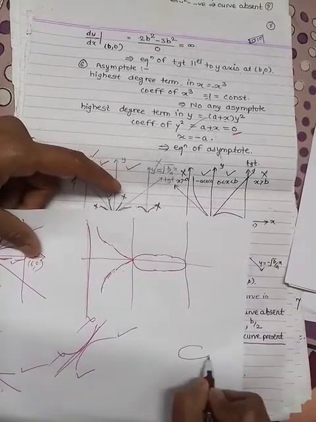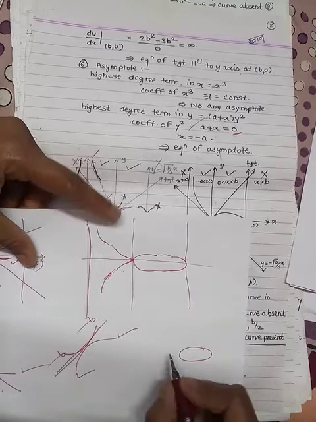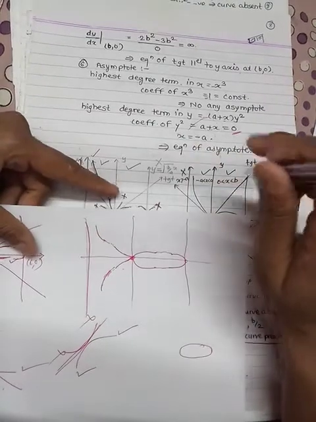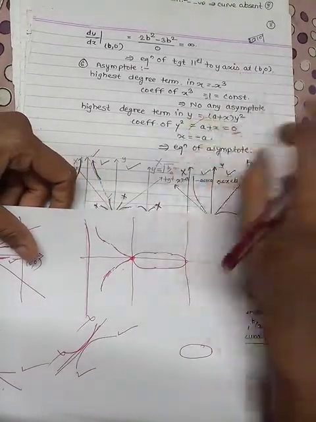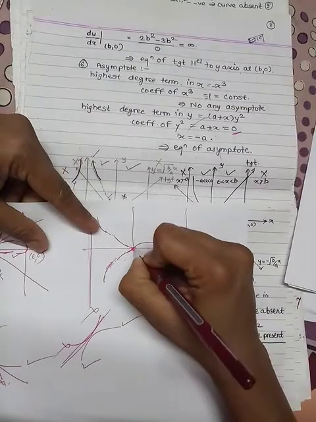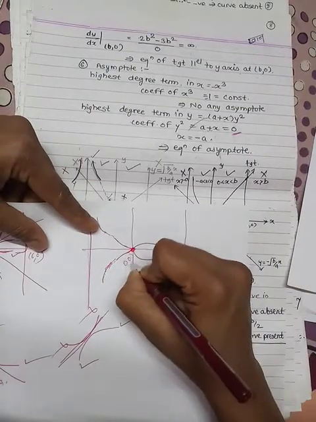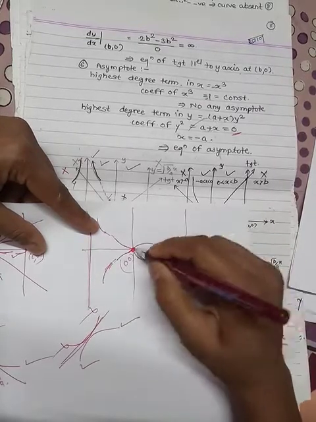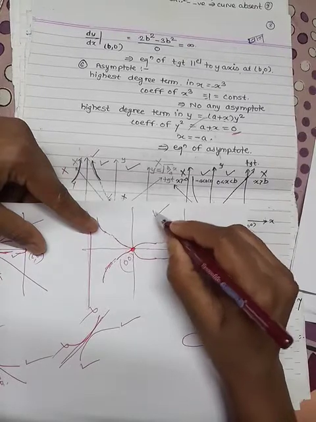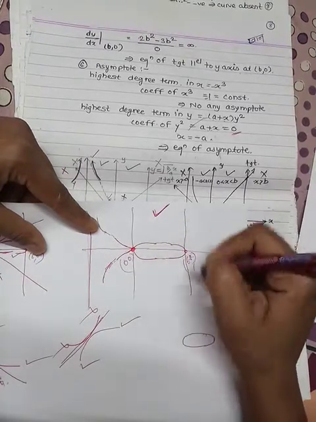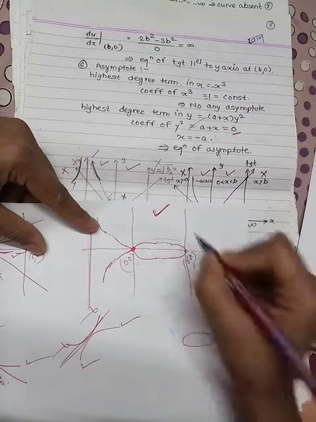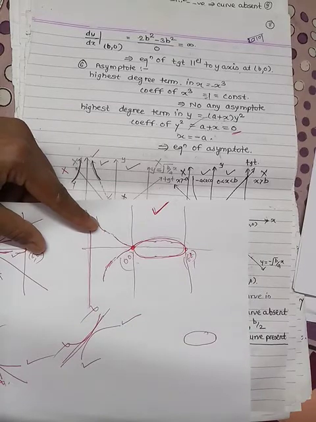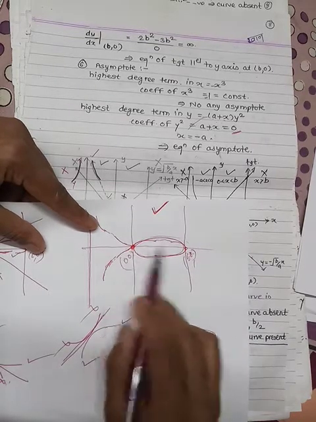So there is a loop. Loop means pakadi, gulabachi pakadi. So this is your loop. So there is an extra note in the rule at the last line: if we get two intersecting points, so 0, 0 is your intersecting point and b, 0 is your intersecting point, and if in between these two intersecting points the curve is present in that partition, then there is always a loop. So here is your loop. So there is always a loop in between these 2 points.